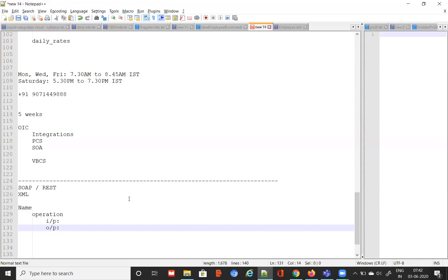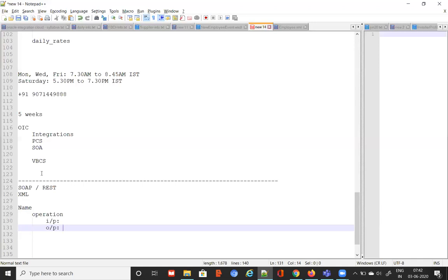In PLSQL also, when you're developing a package, a function, or a procedure, they also have a function name, input and output. In PLSQL, we use the PLSQL types. We say number or varchar2, etc. When it comes to Java, Java has its own data types. But ultimately what you're representing is whether it's a varchar, a number, or some object. When it's an object, it's a structure. It's a group of attributes together, correct?